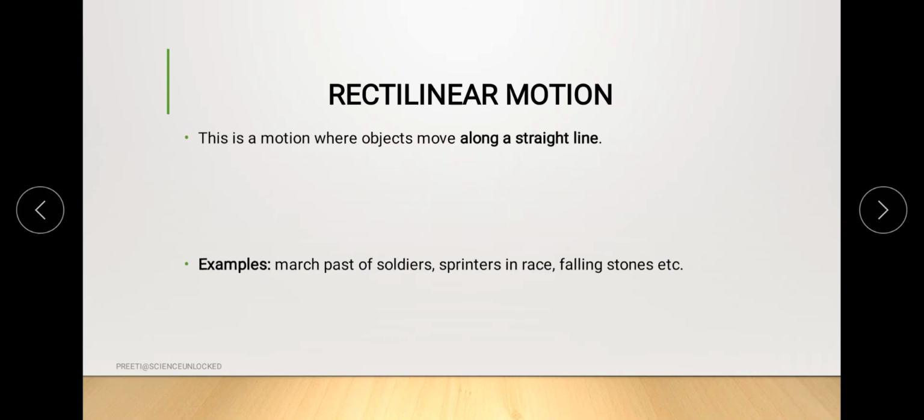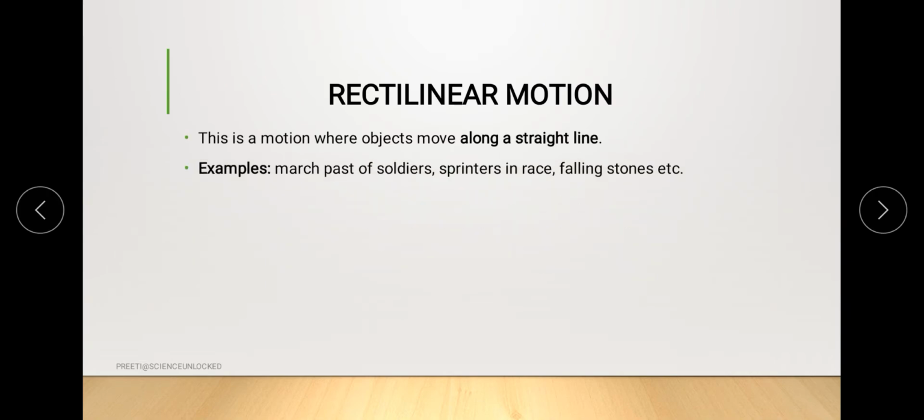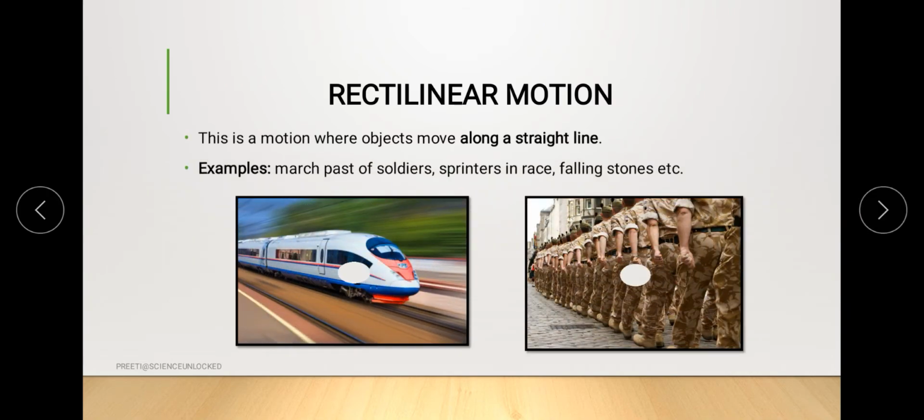Anything which is moving in a straight line, any object which is moving in a straight line, is considered as rectilinear motion. That simply means that whenever this straight moving object takes a turn, automatically it has stopped moving in rectilinear motion and it has changed its path. Now that's a different aspect, that after changing the direction of the motion, it has again transitioned itself into rectilinear motion.